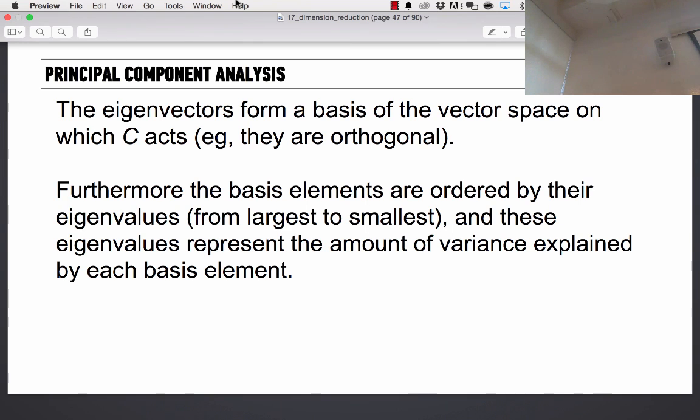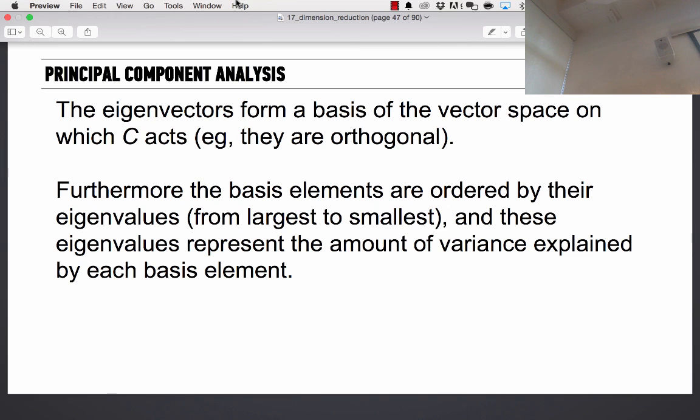Furthermore, where does the principal component part come into all of this? The principal component part comes in if you list the eigenvalues from largest to smallest. You can call those your principal components.